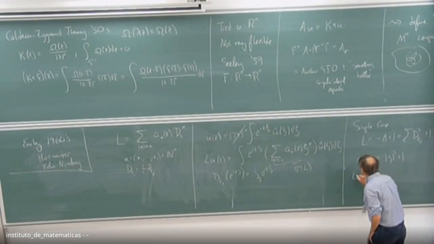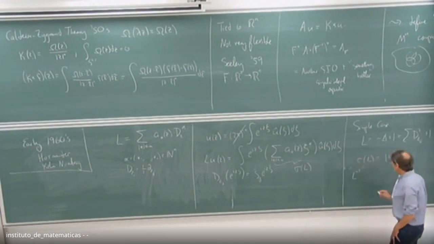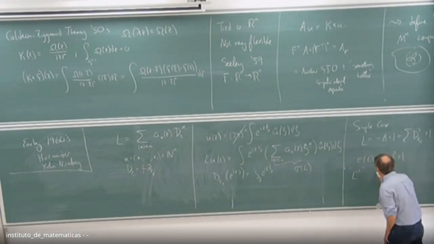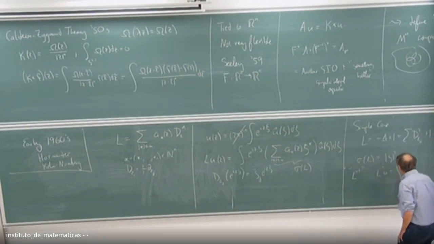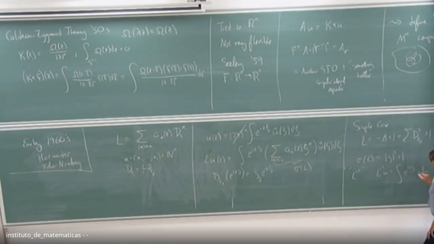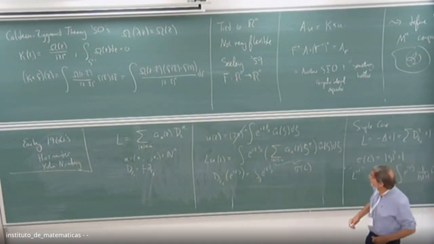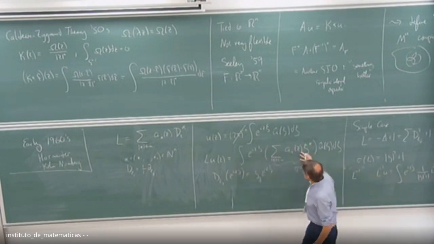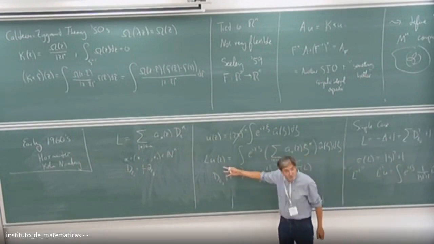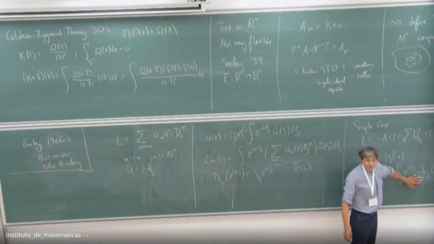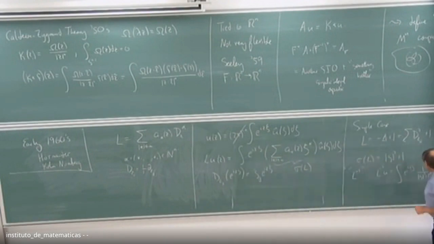So if I want to define L inverse, it's going to be given by this expression. L inverse of U has to be given by the following expression: e to the i z dot zeta, 1 over zeta squared plus 1, and so on. That's the secret of the Fourier transform. It takes differentiation into multiplication, and so inversion of this differential operator should correspond to division. It's a well-known classical idea.